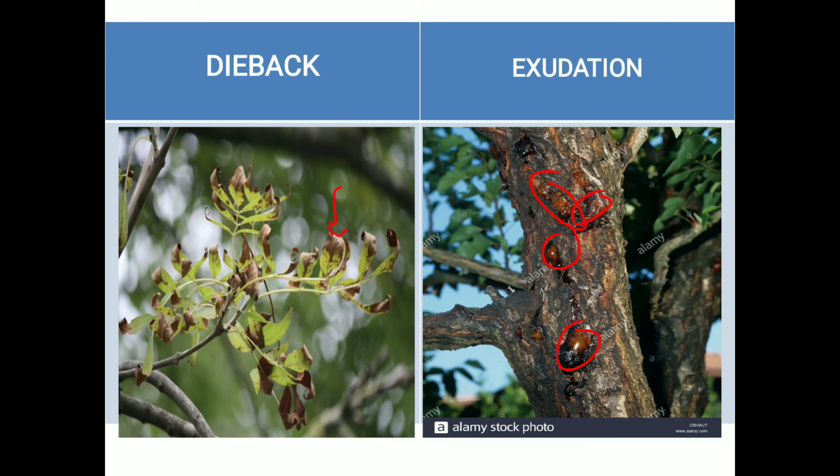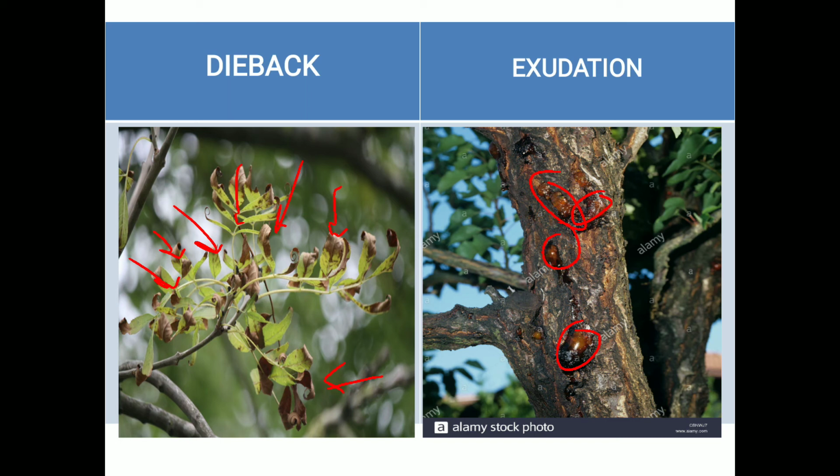Next one, dieback. The name indicates that die means death and back means from the backside. That is, death of the plant or the leaves takes place from the backside, or burning of the tissue takes place from the backside. So it is dieback. It is due to the high intensity of sunlight. Sometimes it is due to an excess of nutrients or deficiency of nutrients, and sometimes it is due to the infection of a pathogen.